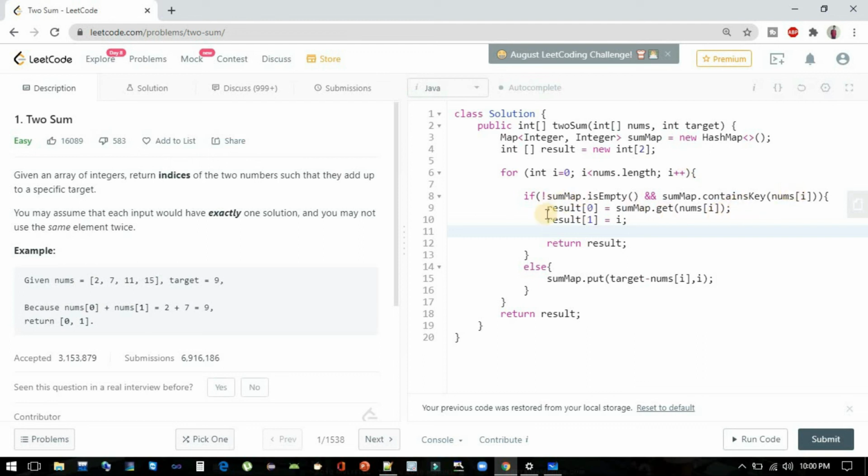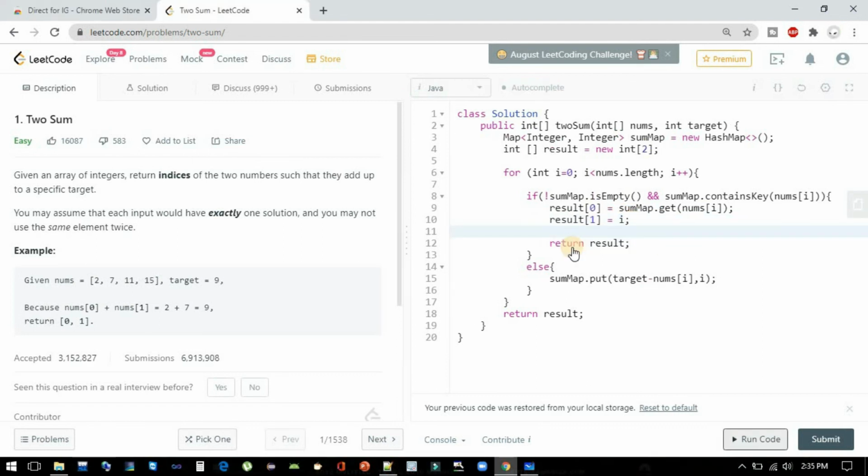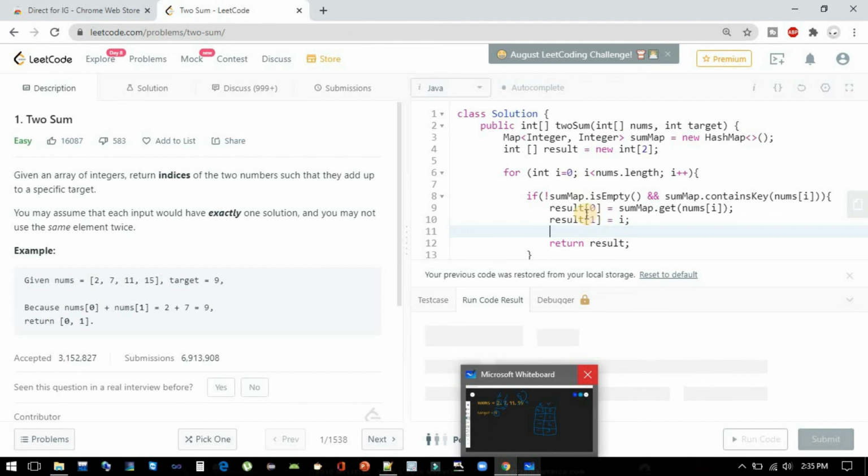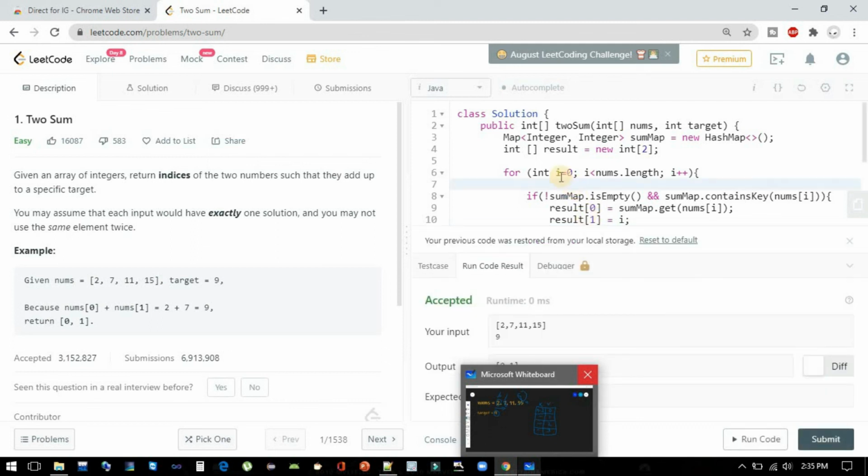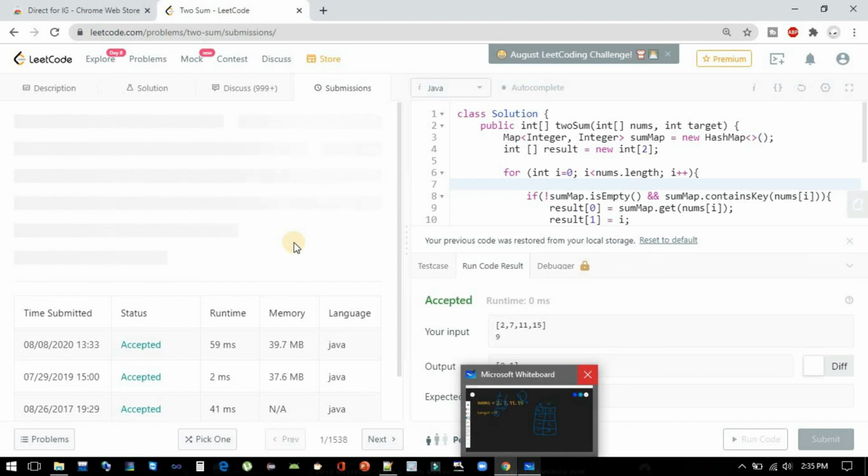And if we get that, just fetch it from that sumMap, and for result 1, just take the i and return the value from here. Let's try to run the code. This approach's time complexity is big O of n, and the space complexity is also big O of n because we are using the map. Let's try to submit this code.